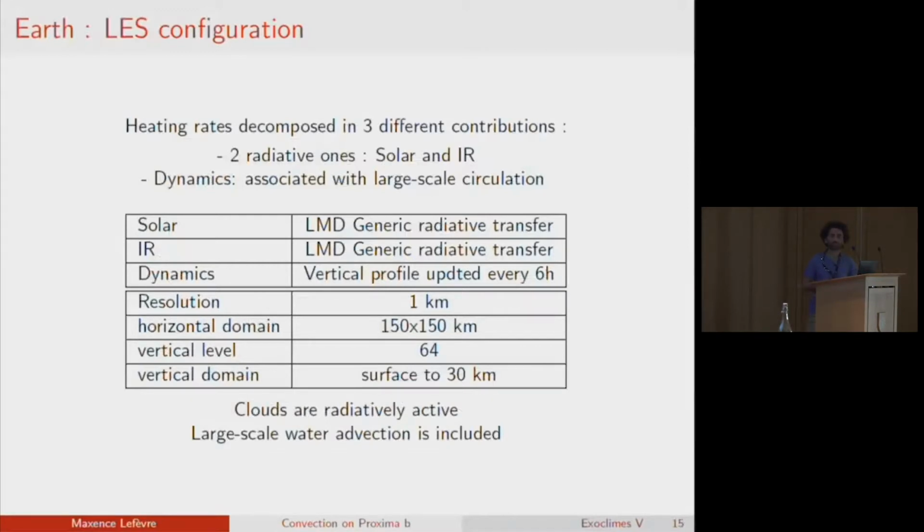The configuration of the model is that we have two radiative rates, solar and infrared, that are calculated through the radiative transfer.